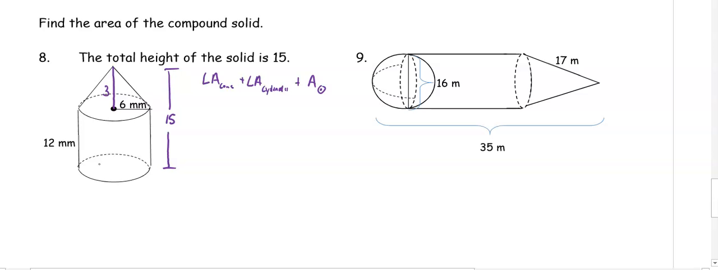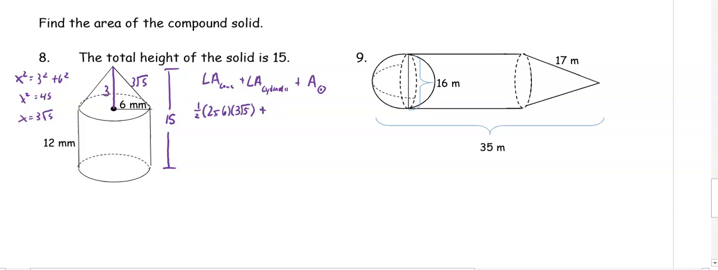So before we start doing that, the lateral area of the cone, we need to find the slant height. So in order to find the slant height, when we do Pythagorean theorem, we get x squared equals 3 squared plus 6 squared. So we get x squared equals 45, so x is 3 root 5. So our lateral area of the cone is going to be 1/2 2 pi times 6 times 3 root 5